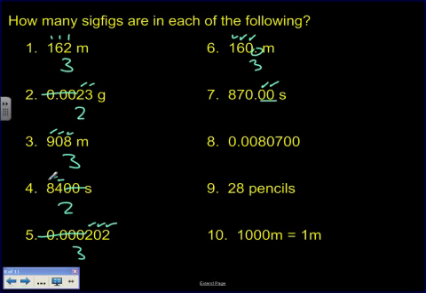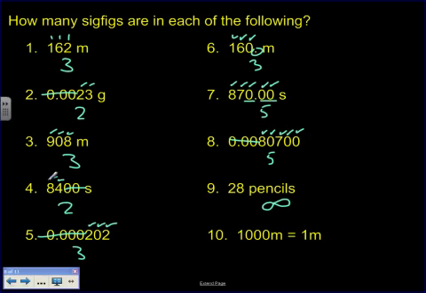Number 7, they're trailing zeros after the decimal, to the right of the decimal, they count. That makes that other 0 captive, so all 5 of those are significant. Number 8, cross out the leadings, captive counts, trailing to the right of the decimal also counts, so that's